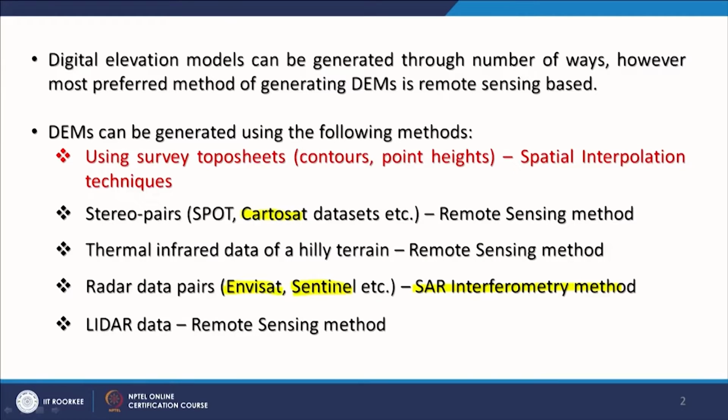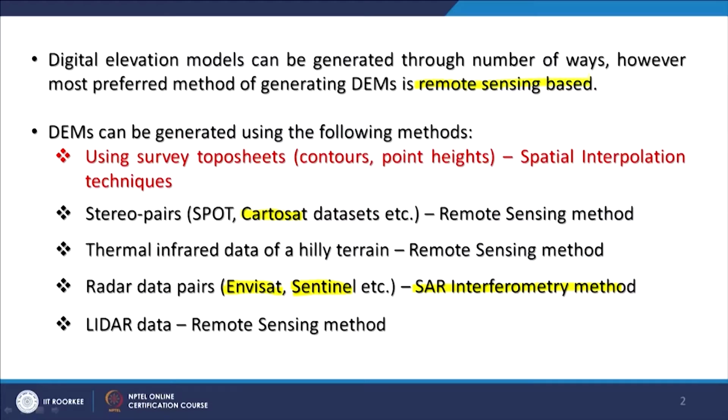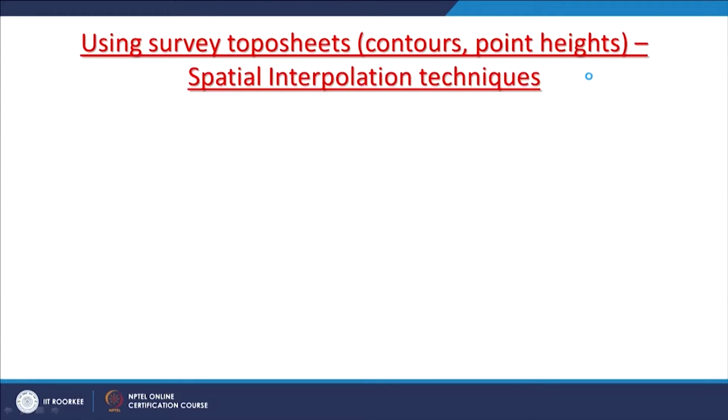Now the most latest method is based on LiDAR data, and again it is also a remote sensing method. Initially the development took place for ground based 3D mapping, and later on satellites are coming with LiDAR sensors, and they can provide LiDAR data as well. So there are at least 5-6 methods available for generating digital elevation models which are completely based on remote sensing. Now we will discuss them one by one